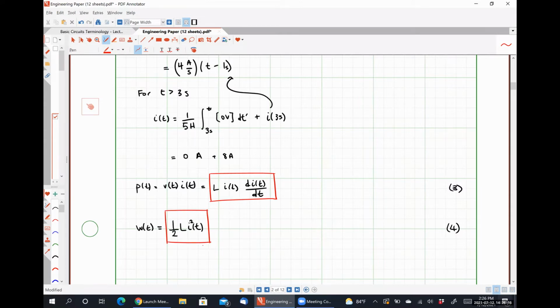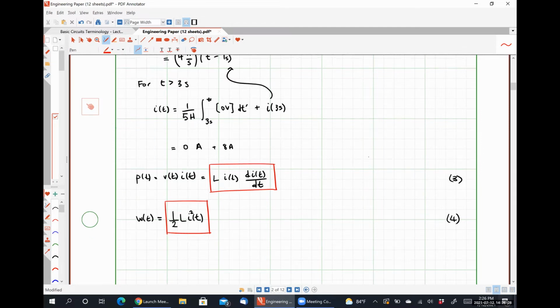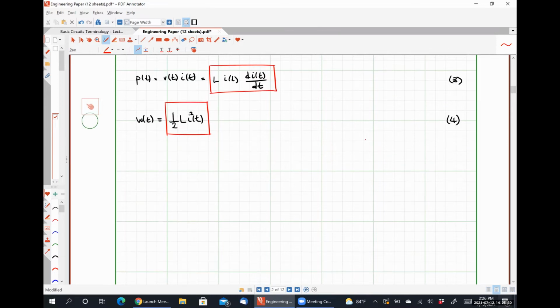So we have 4 relationships for inductors, just like we had 4 relationships for capacitors, and they are all extraordinarily similarly derived, right? So as a brief recap here,